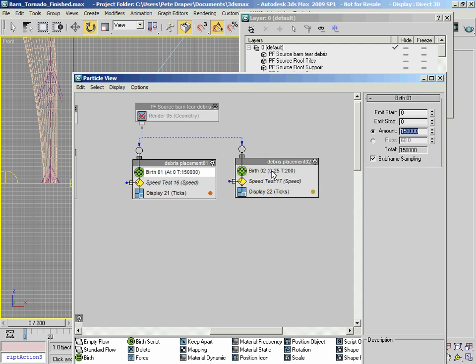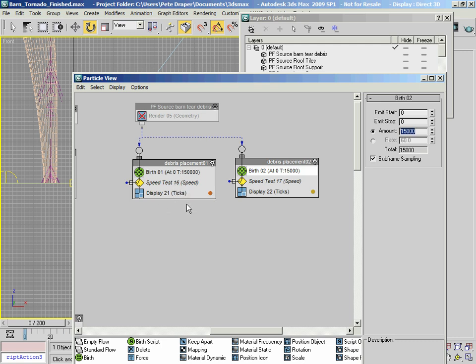Same deal in here: I'm going to set that to 0 as well, but in here I'm going to set the amount to 15,000. So this is going to be the finer dust and debris, and this is going to be the larger dust and debris, which is obviously going to be a smaller amount than this one over here.